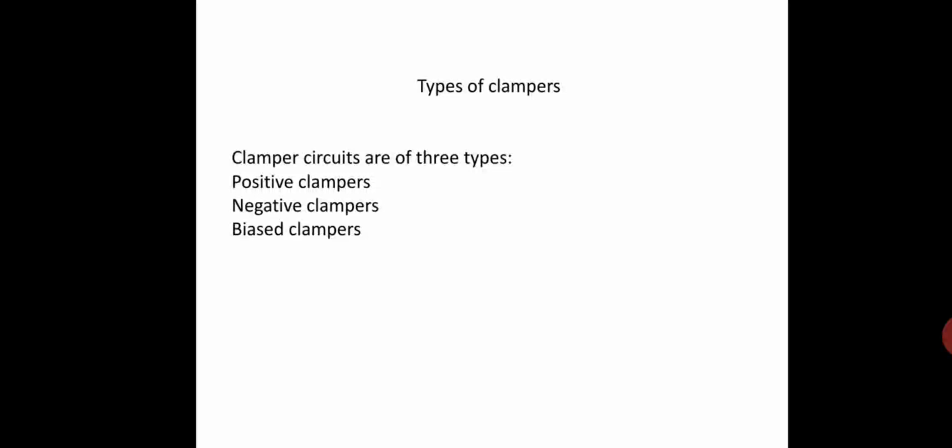A clamper is a circuit that adds a DC level to an AC signal. A clamper circuit can be defined as a circuit that consists of a diode, a resistor, and a capacitor that shifts the waveform to a desired DC level without changing the actual appearance of the applied signal. The time constant of the capacitor's charging and discharging is tau equals RC. It depends on the values of the resistor and capacitor.